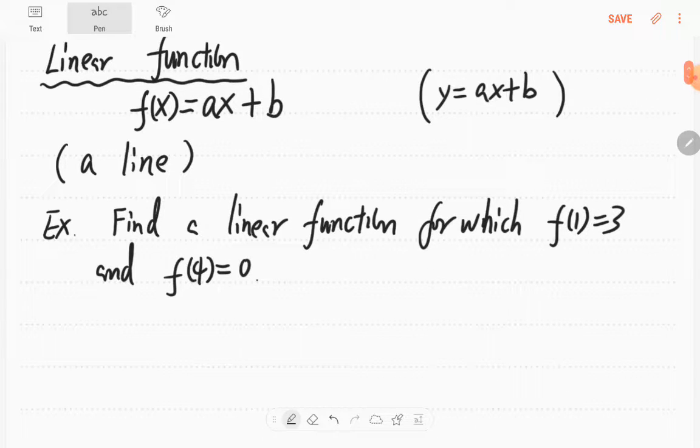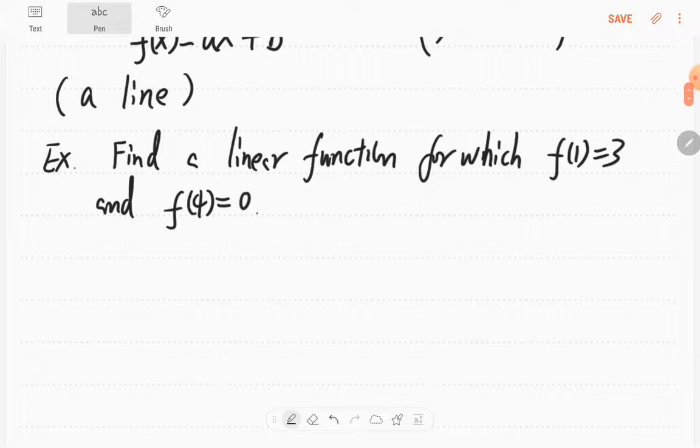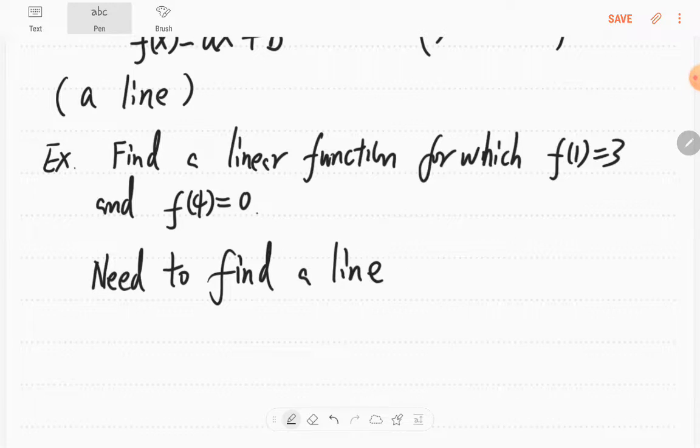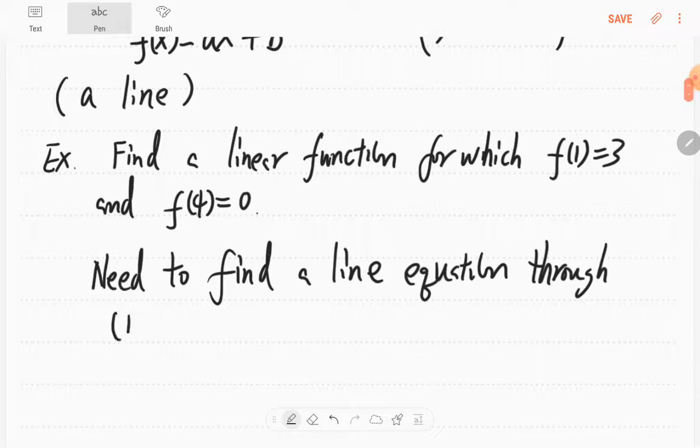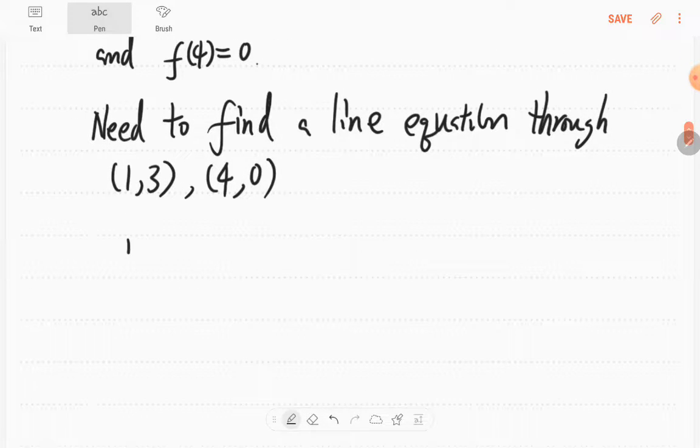Since a linear function represents a straight line, we just need to find a line equation through two points. When x equals 1, f equals 3, so through the point (1, 3); when x equals 4, y equals 0. If we have 2 points, we can always find the line equation. The first thing is to find the slope: y minus y over x minus x. Be sure the order is matched. So 0 minus 3 over 4 minus 1, which becomes